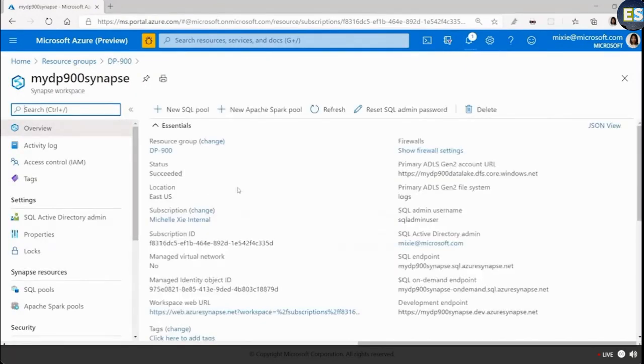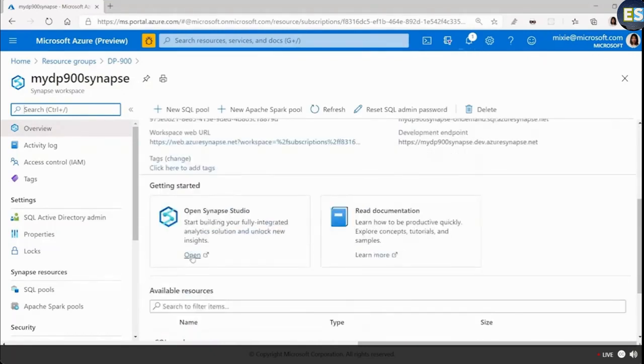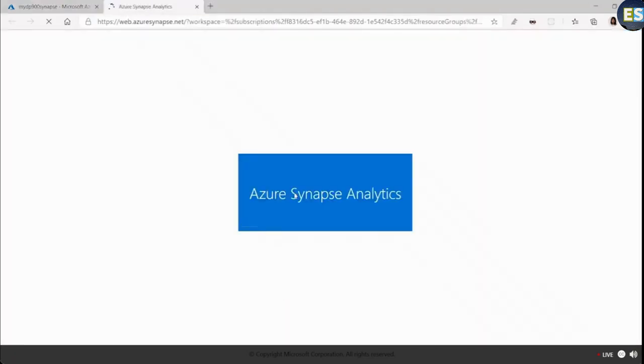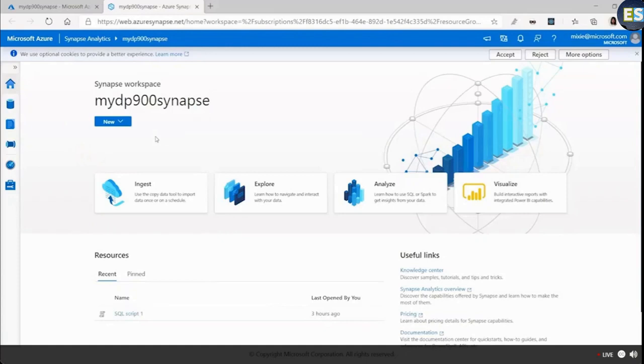And what I'm going to do is scroll down on the overview page a little bit and open that Synapse Studio. So once provisioned, this is what we want to open up. So the Synapse Analytics Workspace Studio. And from the left-hand side, I can access my